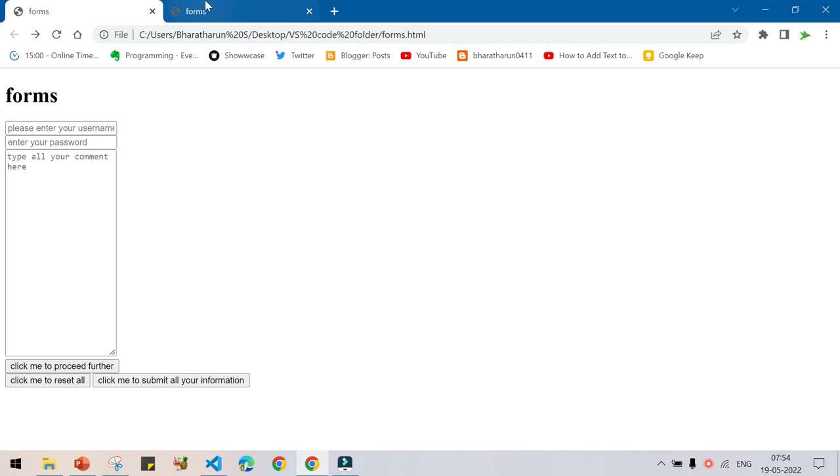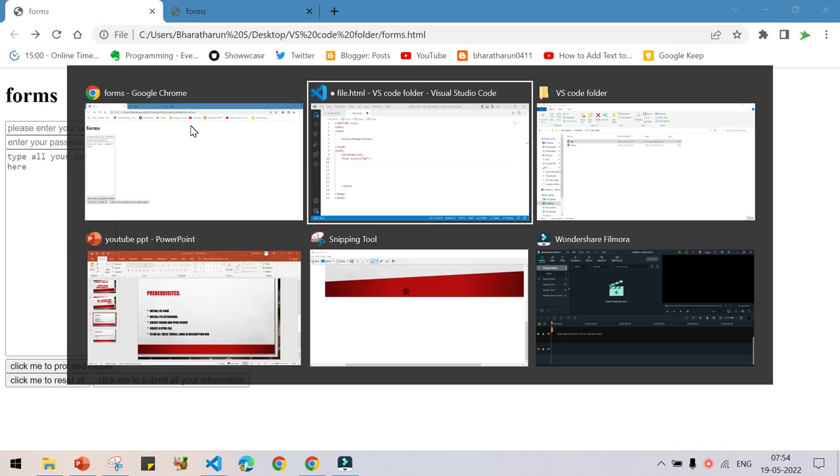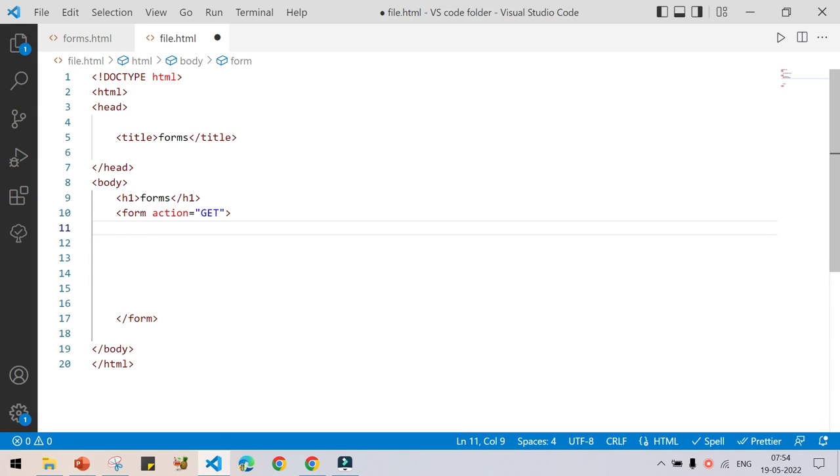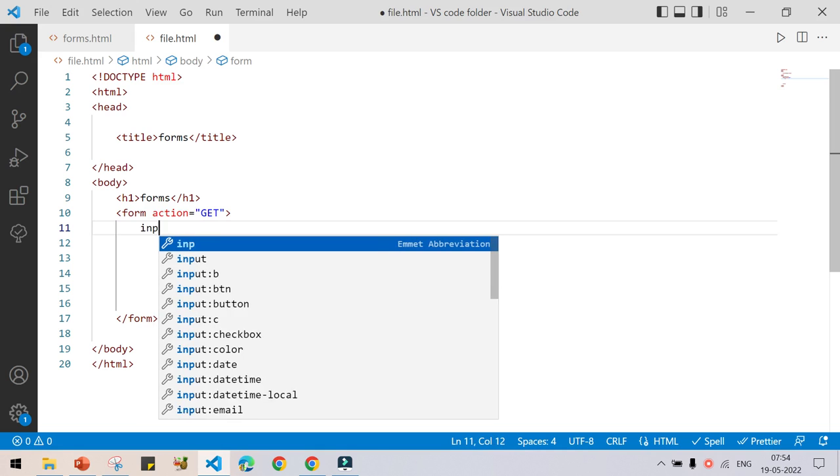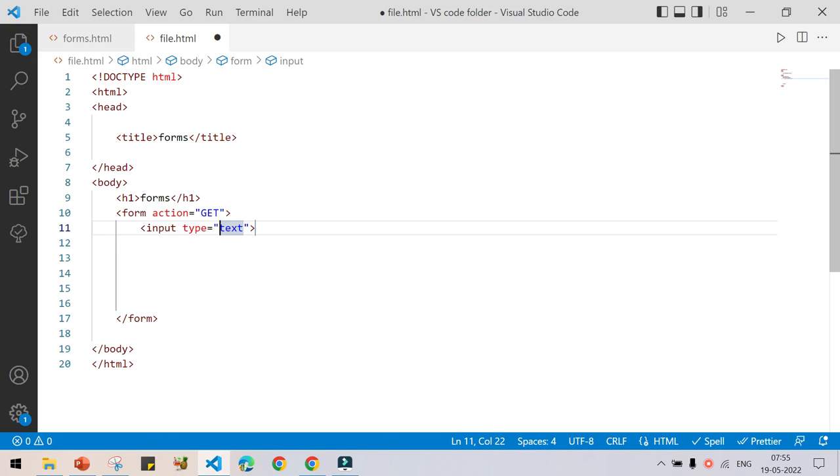Now what you have to do is enter your username. In order to do that, go back and now type input and press enter. It will be asking for the type as text, but you can give any type, like type equal to